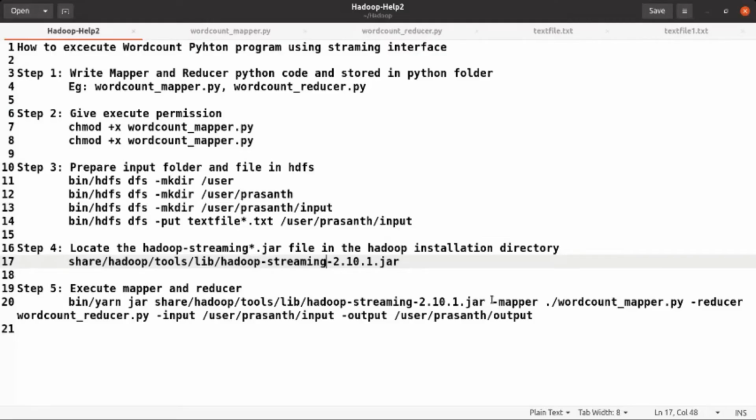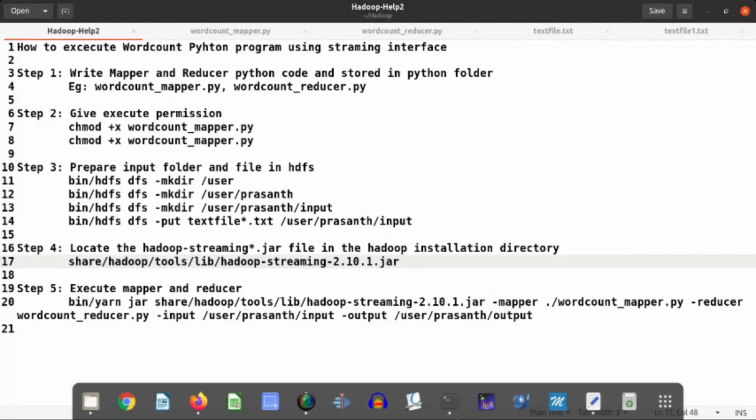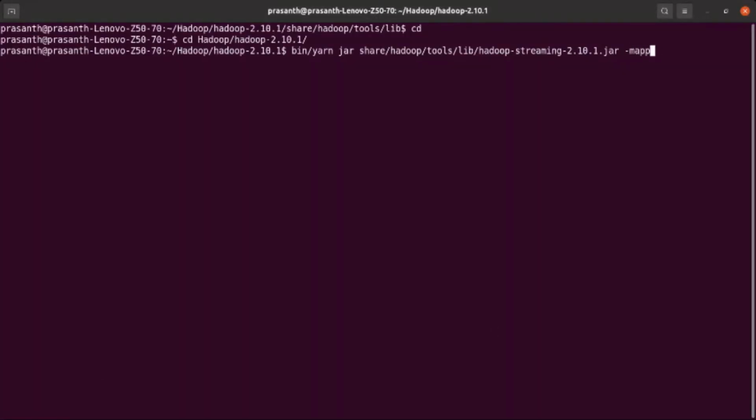The next stage is to tell where our mapper is. Our mapper is -mapper ./, because I am going to execute Python code, it is in the Python folder, wordcount_mapper.py. Then I need to tell where our reducer is. It is in the Python folder, wordcount_reducer.py.